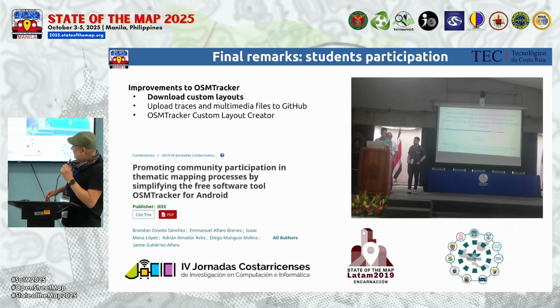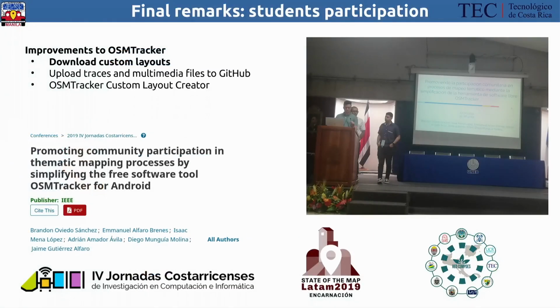And these are some of the examples, part of the final remarks, that is the results of this process. I'm going to highlight 3 improvements that the students made to the app in these years. The first one is the download of custom layouts. Those are the first students that started working with the app. They wrote a paper about this